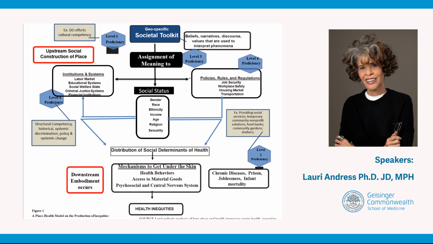You see the box that says assignment of meaning. This is where those beliefs, values, and narratives are used to label and interpret phenomena. They work like a silent script, perpetually dictating how we respond to phenomena like skin color, or the word immigrant, or the notion of West Side, or even the East Coast. The minute we hear those words or see images, our silent beliefs, values, and narratives at the top of this model kick in and call to mind images and ways of seeing and thinking about that thing.